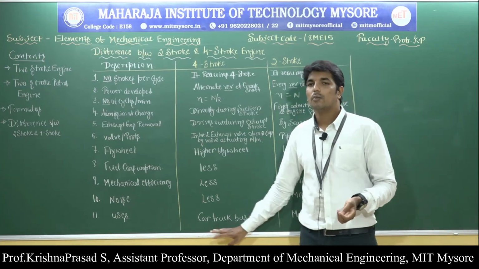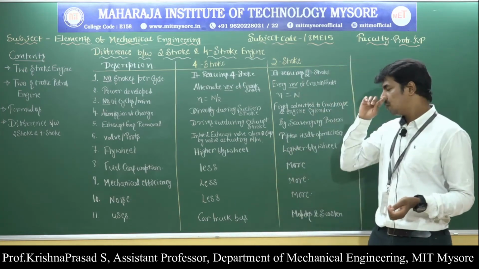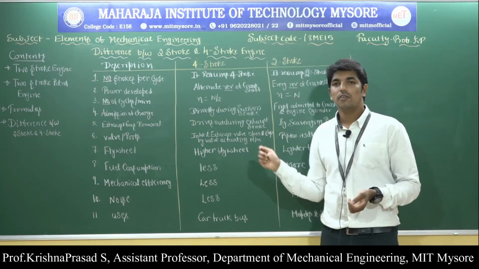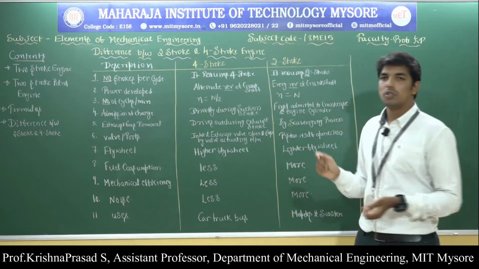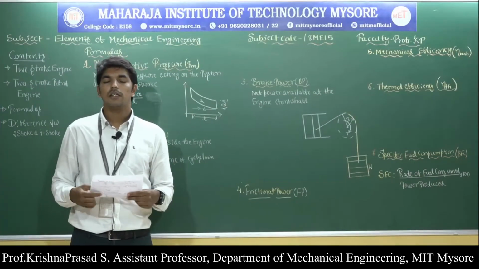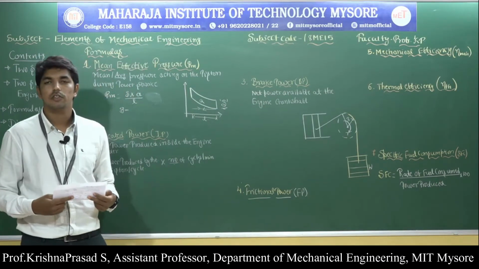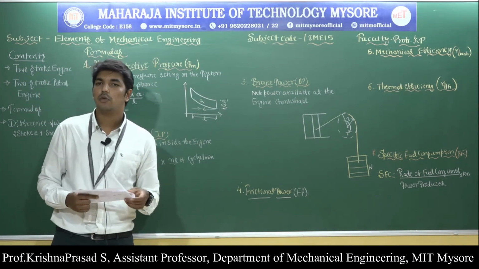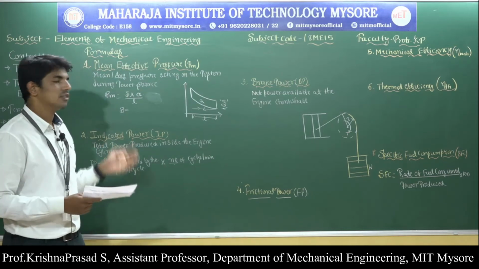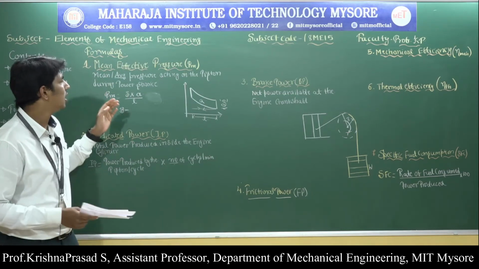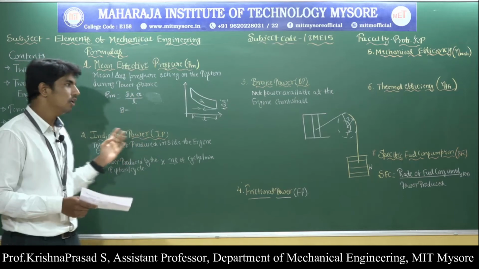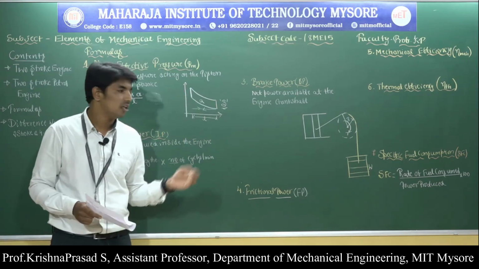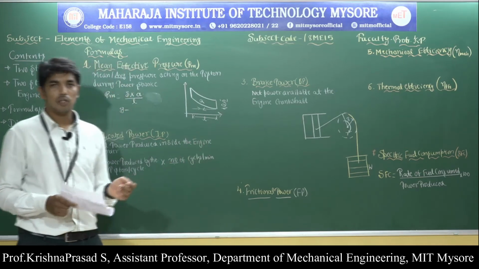Uses: car, truck, bike, tipper in the case of the 4-stroke engine. Mopeds and scooters, as well as diesel generators, are some examples of the 2-stroke engine. The last topic regarding the internal combustion engine is formulas. The formulas are very important during numericals, and first we need to understand some basic concepts like mean effective pressure, indicated power, brake power, frictional power, mechanical efficiency, thermal efficiency and specific fuel consumption.